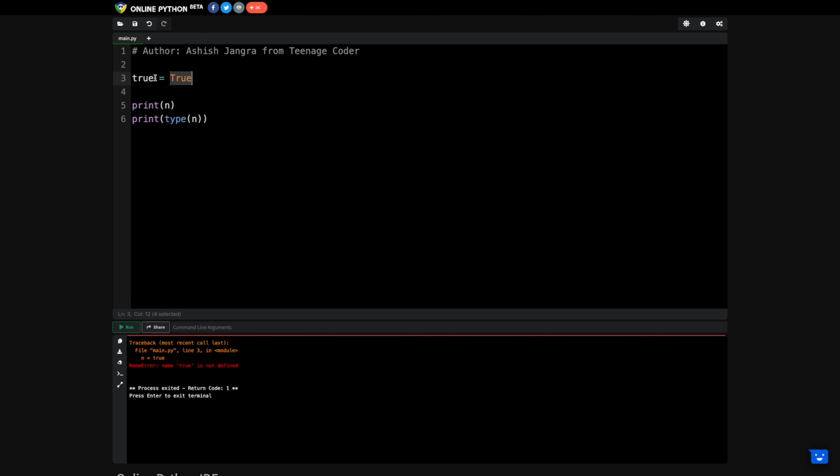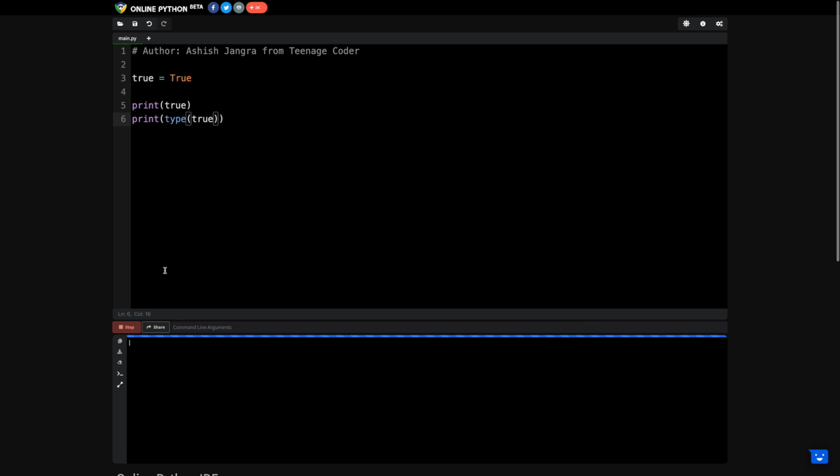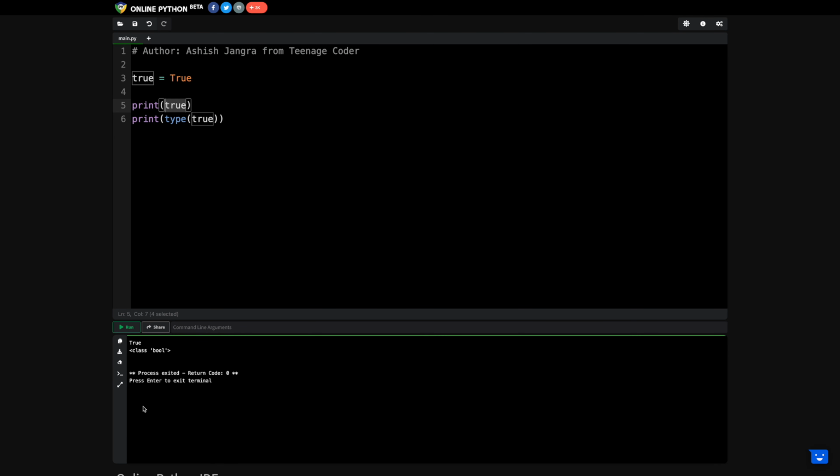But true with a small t is not defined, because Python is case sensitive, and True with a capital T and true with a small t have a totally different meaning for the compiler, right? So instead of this, you can write True here, and you can see the value is True with a capital T, right? And the type is boolean.